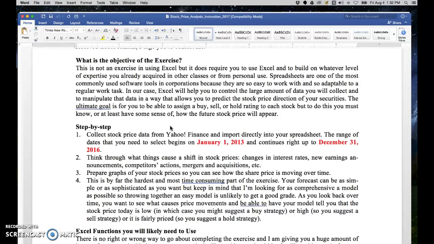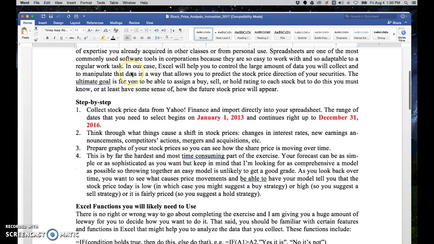In the business world, spreadsheets are very, very common. They're as common as Word docs, and if you're in finance or accounting, they're even more common than a Word doc. Even in IT, spreadsheets are used all the time. So what we're going to do with Excel in this case is not just add and subtract columns and find bottom lines. We're actually going to use it to